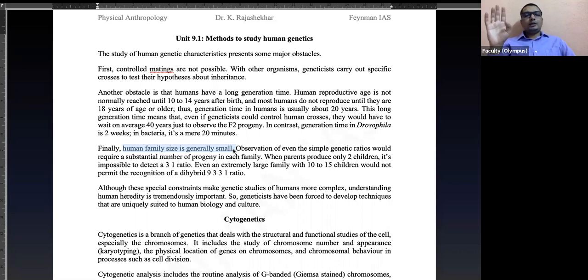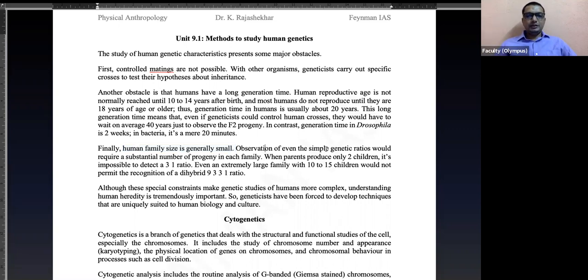Okay, but otherwise, most of the time we have one child in a pregnancy. In very, very rare cases, twins, triplets, quadruplets, etc. So, how many samples will you get from one family? If you want to see their children, you will get one. You have to wait for 4 more children, so as to get at least statistical data to start working on something.